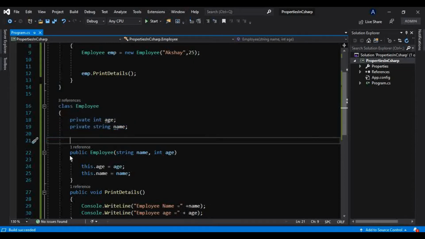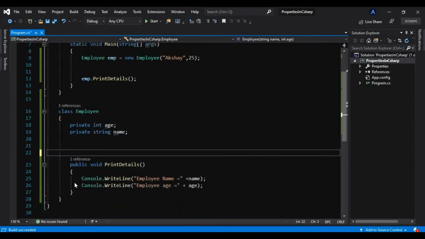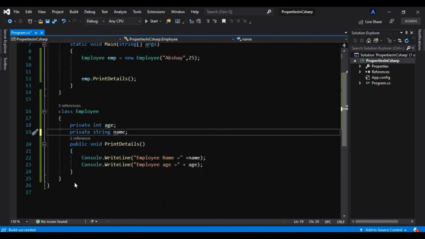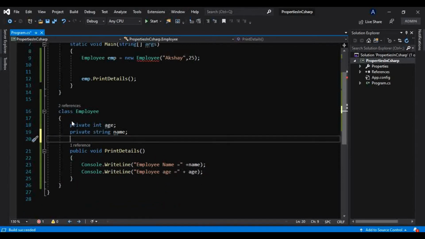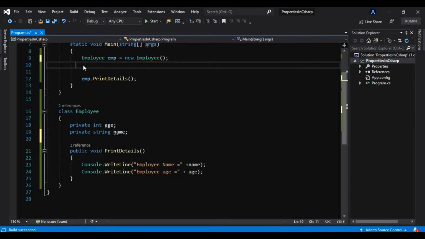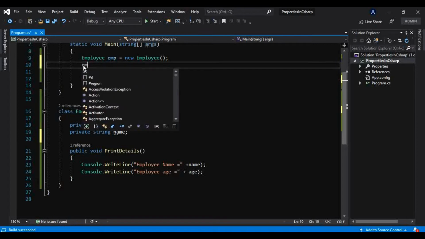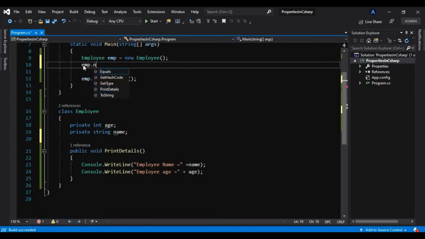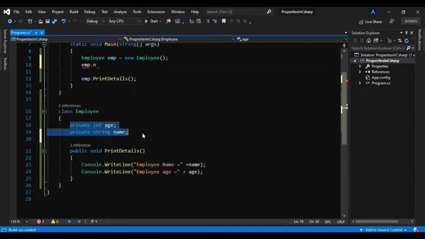So in that case, we know if we don't want to provide any explicit constructor and we want to initialize them as well, but as soon as you make them private, they are no longer accessible outside this class. Okay, like this, if I use emp dot, it is not giving me IntelliSense as well because it is not accessible outside this class.